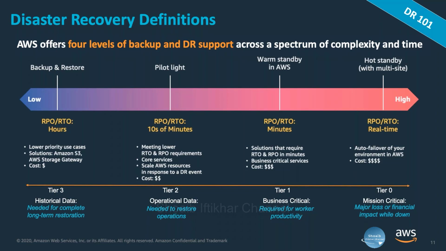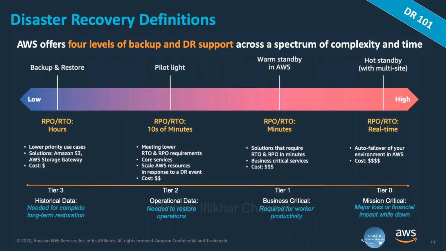Next up, pilot light combines backup and restore with keeping some online replication going for business critical applications so that they might be easily restarted in a disaster, meaning other applications and data are restored from backups. The advantage here is that although you do have some servers continually running in AWS, it's a skeleton crew only,